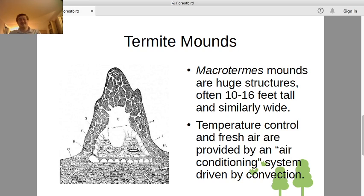So these are structures that would be big enough for a human to live in if you hollowed them out, but instead they're being occupied by a bunch of little termites, the biggest of which is 6 inches long. So, an impressive building project by itself. And then, now here's the connection to 6th graders, convection. So, with such a huge mound, how do the termites keep it livable? Well,